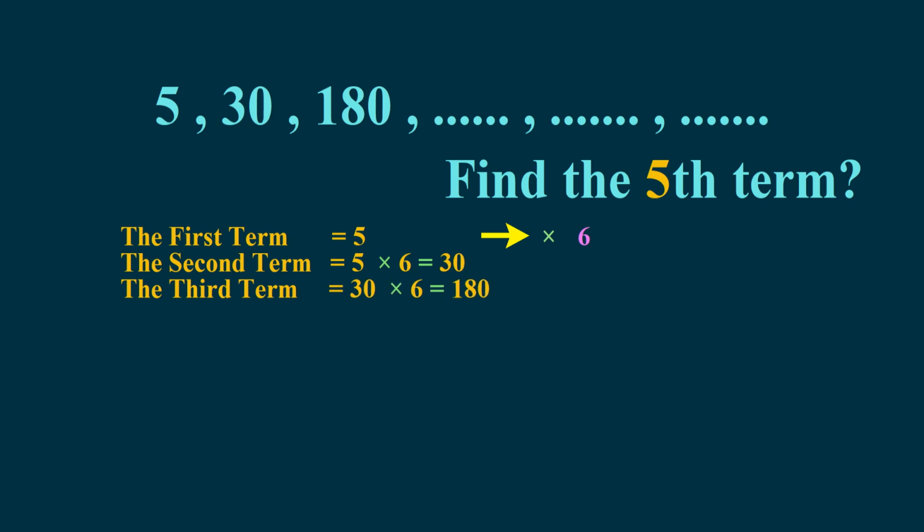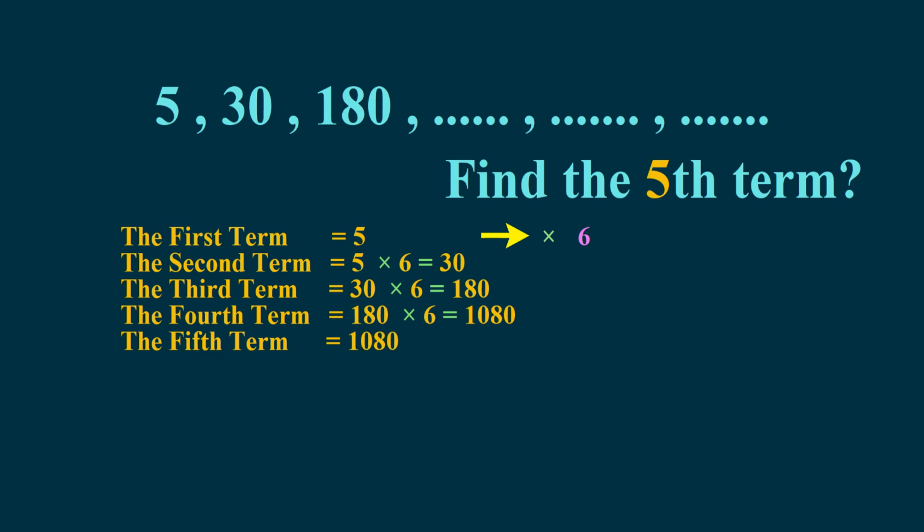And the fourth term is 180 times 6, which equals 1080. And the fifth term equals 1080 times 6, which equals 6480. And the sixth term is